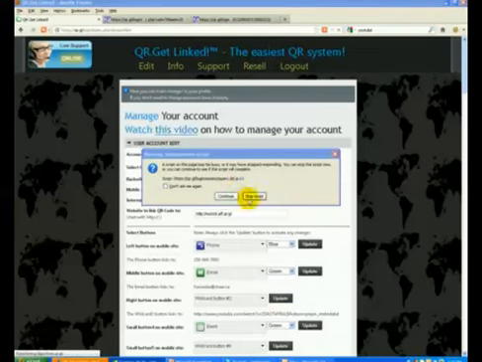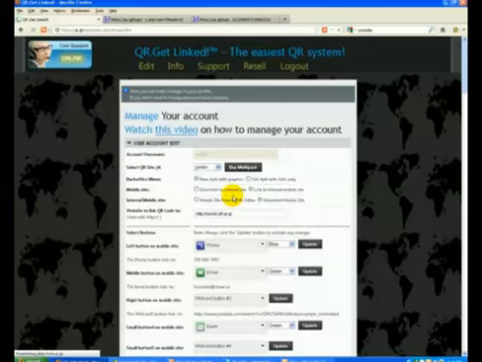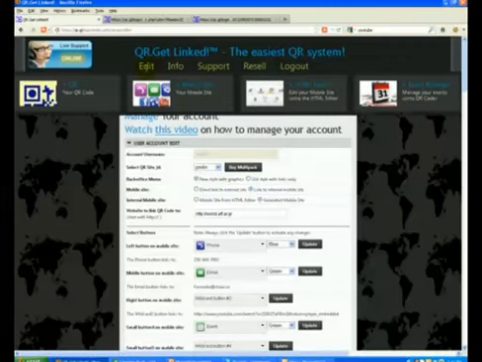Have you ever gone to a convention where you have to stand in line and they go through the old list to try to find your name? It takes forever. What we want to do with our system is to speed that up all through a QR code. So if we go to my mobile landing page,